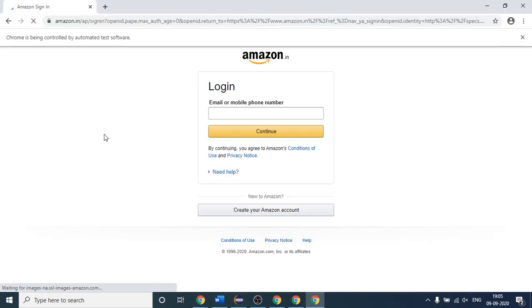Okay, so it has opened this page, you can see, and after that it will enter the mobile number which we have given in our code. So it should enter 83196902884. It is taking time again, let us wait.